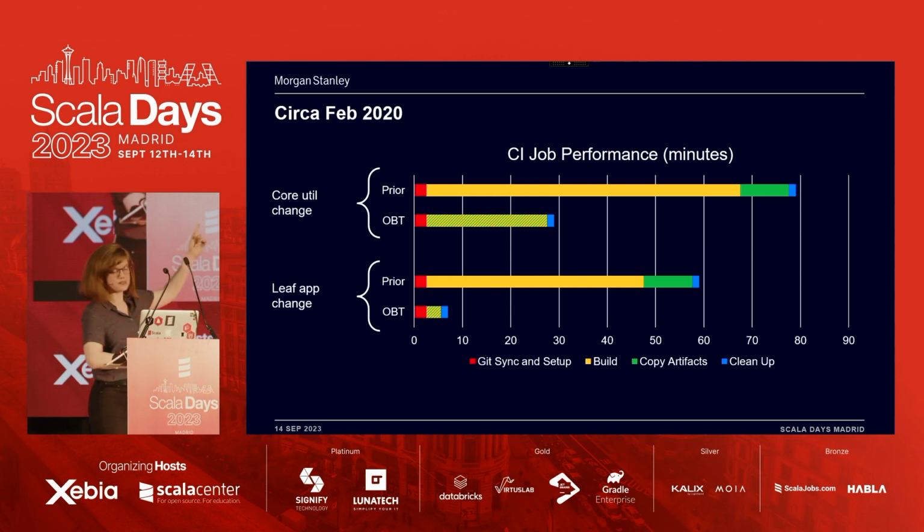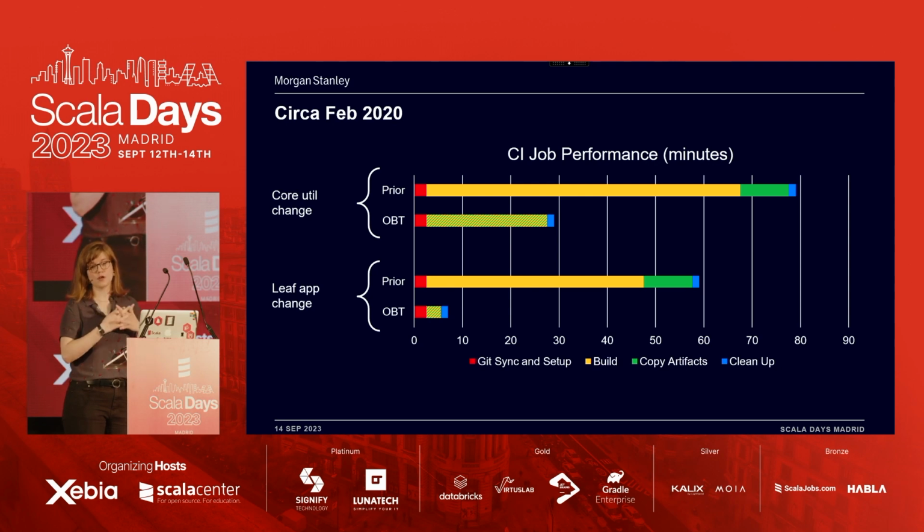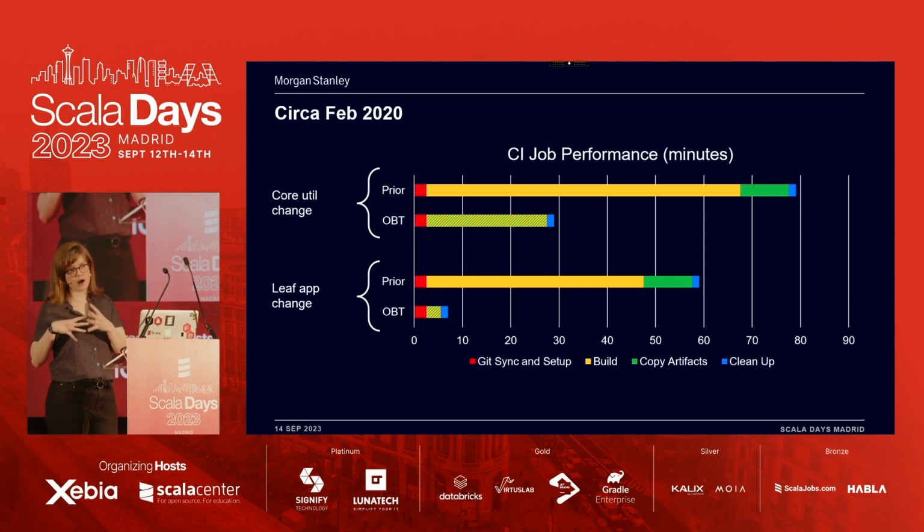So we've got two kinds of changes that we measured, and this was in February 2020. I'll get into that in a moment. So our first change we're going to look at here is a really core change. So what the platform developers are doing, changing these really central parts of the code that everything depends on. And then our second change is the more realistic use case for an application developer who doesn't make changes to large parts of the code. They tend to have their application as a leaf on our hierarchy tree.